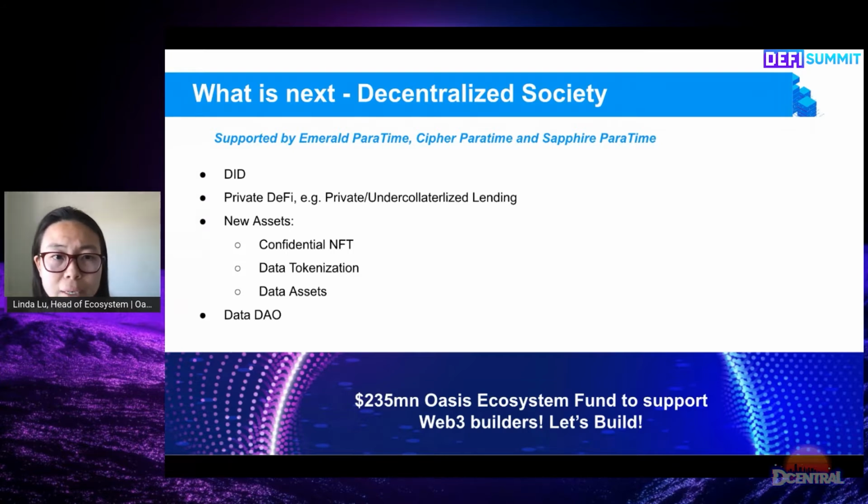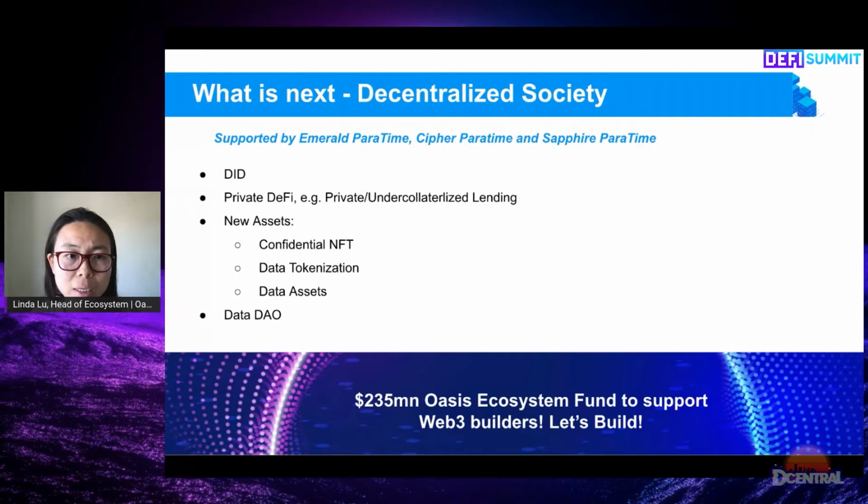We currently have the Emerald, Cipher, and Sapphire paradigms. Both Cipher and Sapphire have confidentiality enabled, and we believe privacy is playing a critical foundational role for Web3 in the future. So what we mean by decentralized society and the future of Web3,